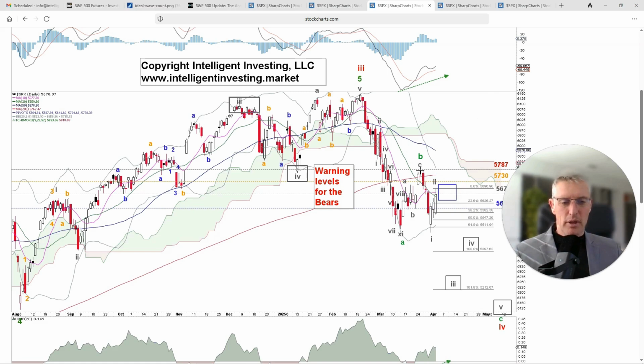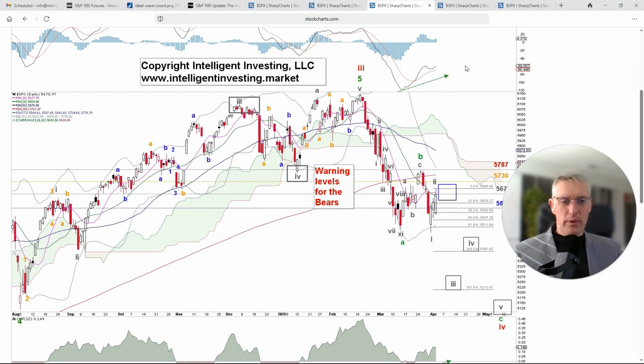We did not break above last week's high. That's about 57.87, right? That is not where we broke above. So this is still very possible. 1, 2, 3, 4, 5. And as you can see, the fifth wave Fibonacci target is right here, almost at the ideal 51.16 level. It is somewhere between 51.60 and 51.20, which will be a revisit of the August 2024 low.